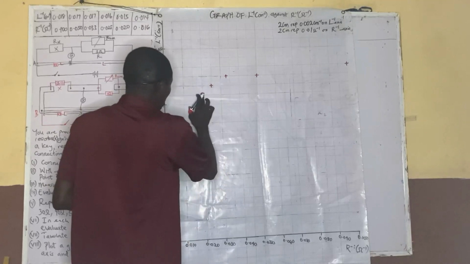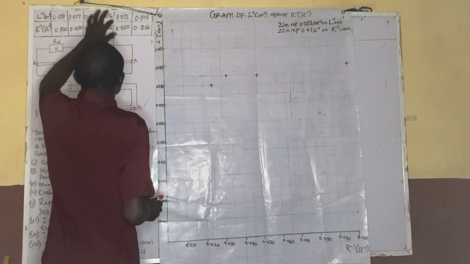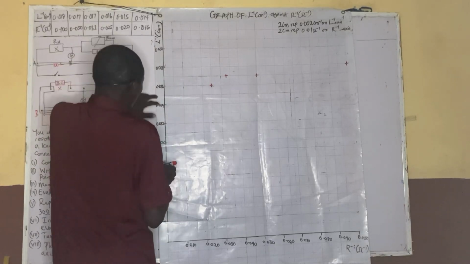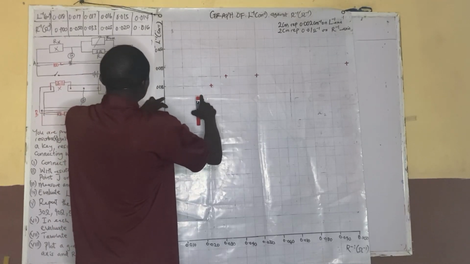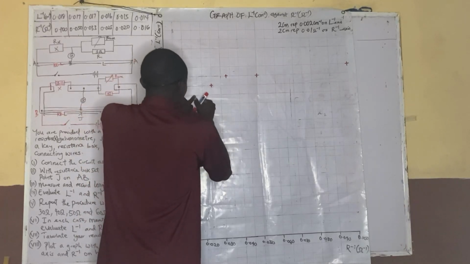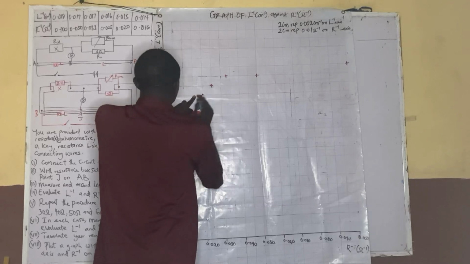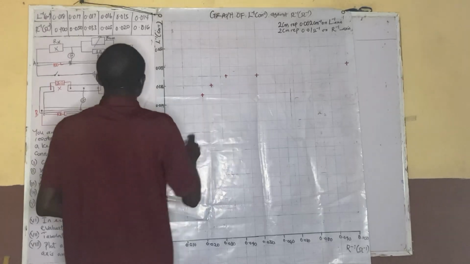0.025 here. So now we have 0.015 against 0.02. 0.015 will be here against 0.02. So we have another point here. So 0.015 against 0.02. So then the next one,